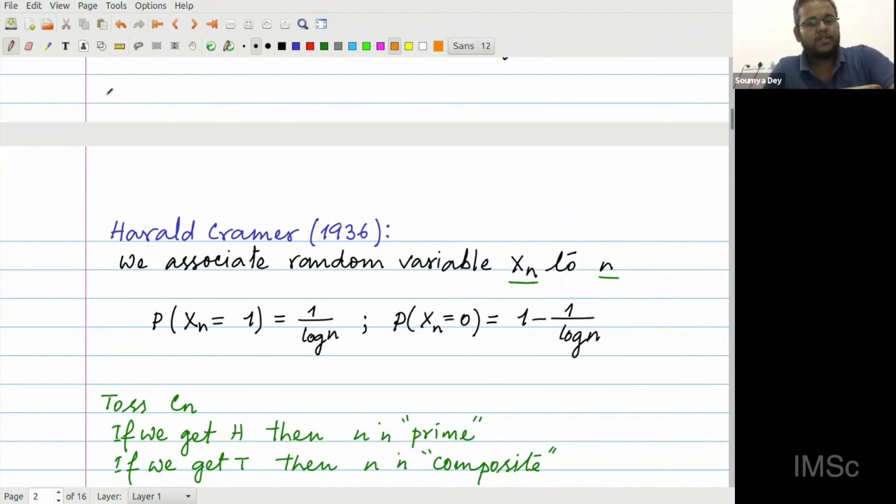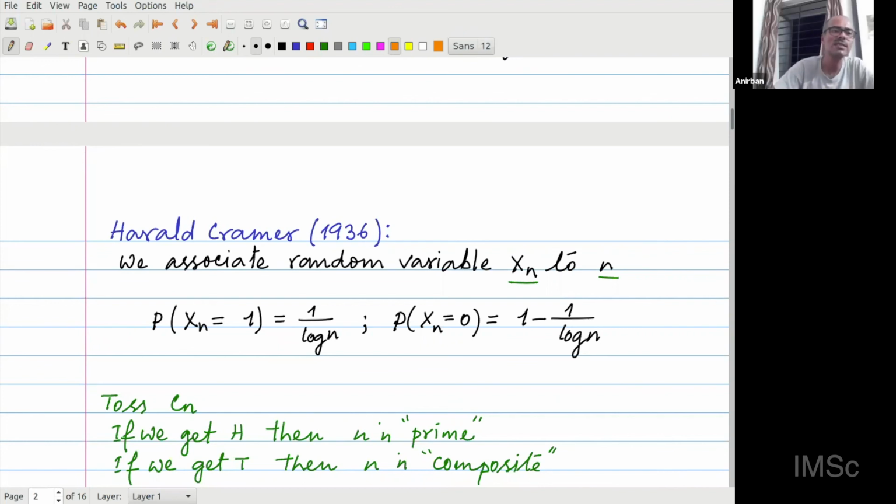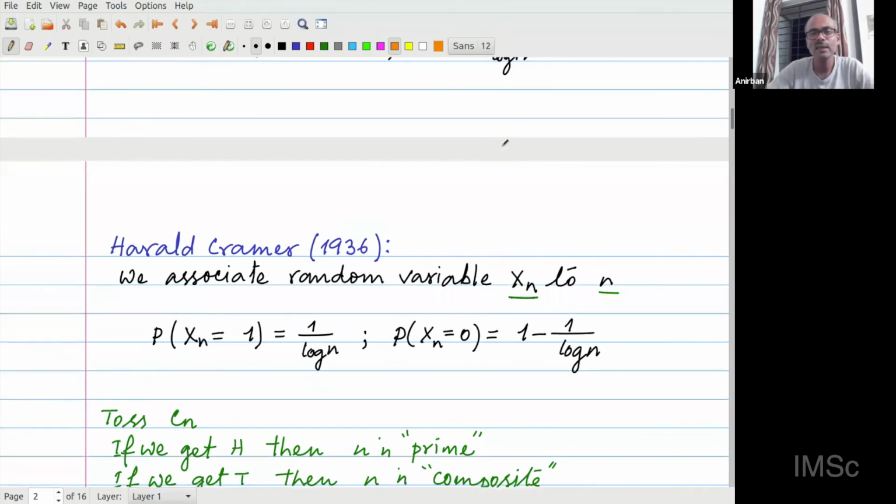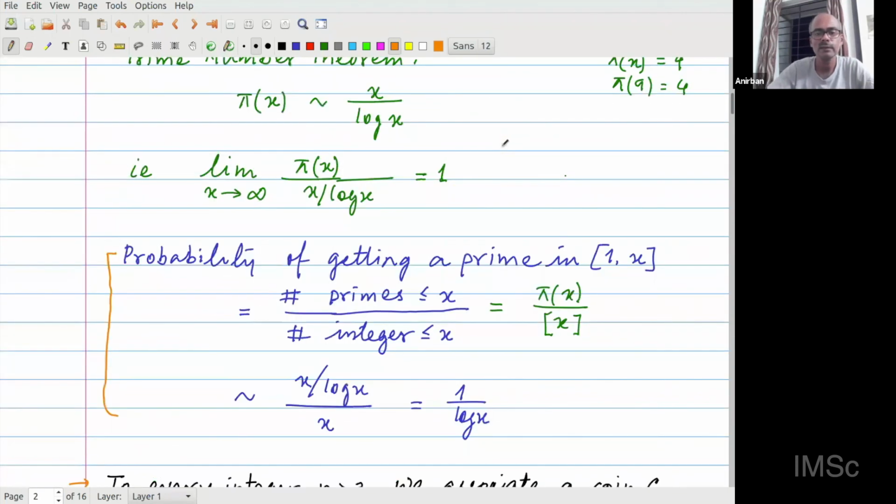Also, there is a question in the YouTube chat. Harshul is asking, what is the order with respect to n or log n of the error in our results? Yes, good question. There were lots of errors. To start with, the prime number theorem has a huge error. In fact, the error is of the size